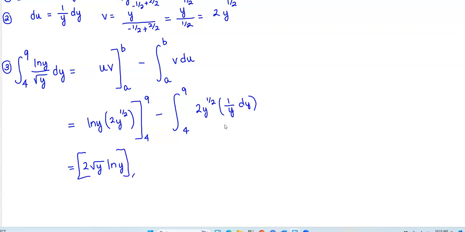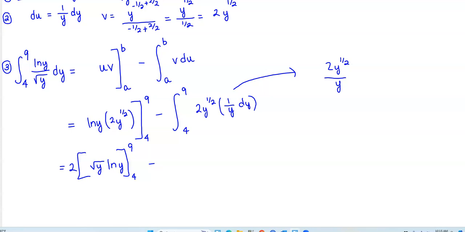And we're going from 4 to 9. And then since we have a constant here of 2, we can factor that out. And then minus, so we know that this is 2y to the 1/2